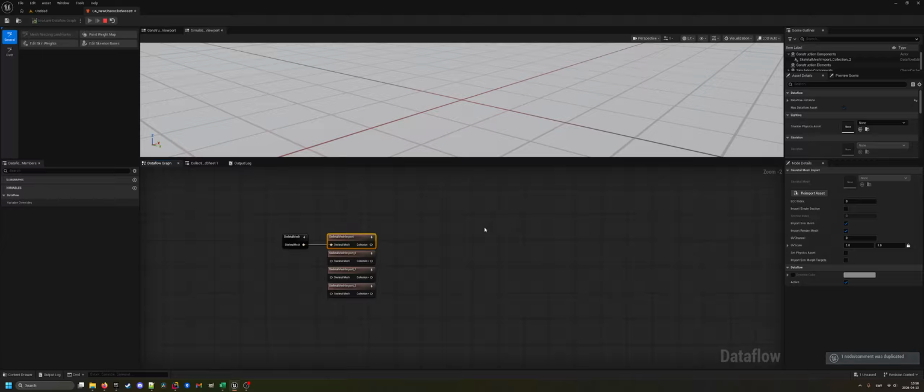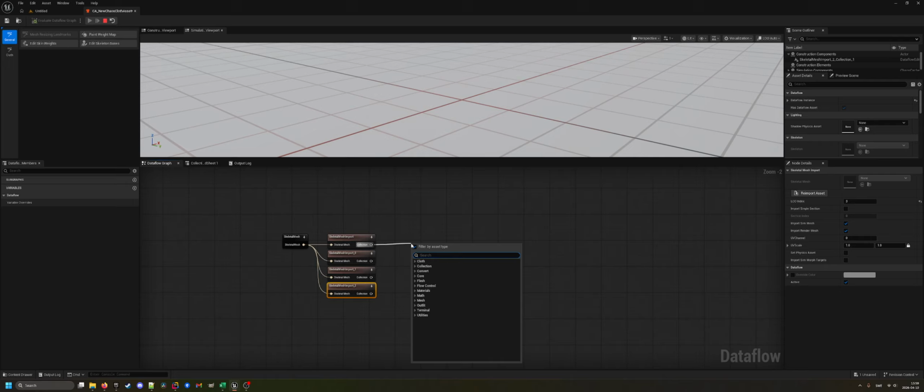Control D to duplicate the node, and we just drag in here because we're using the same skeletal mesh. And then this is 0, we'll just keep that at 0, and then we have LOD 1 and LOD 2 and LOD 3,